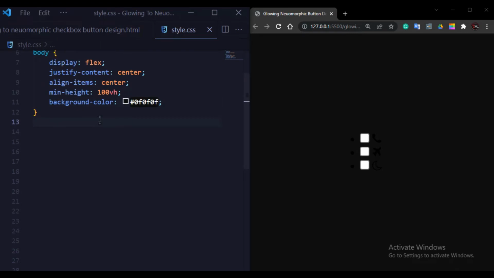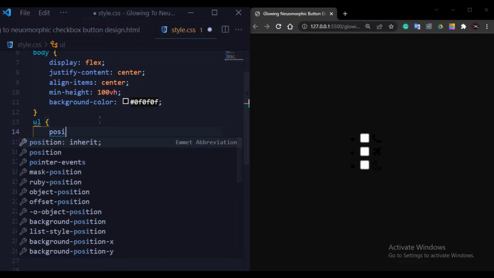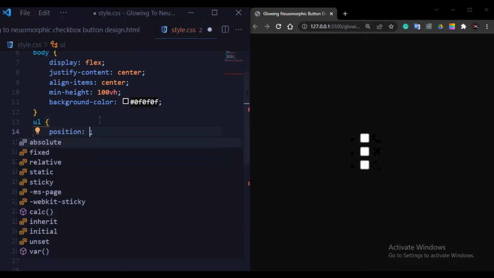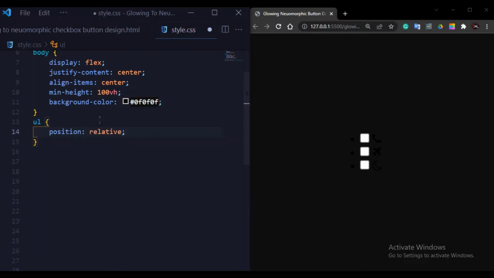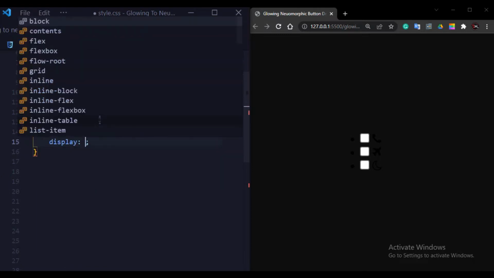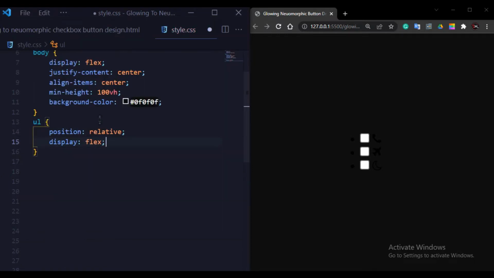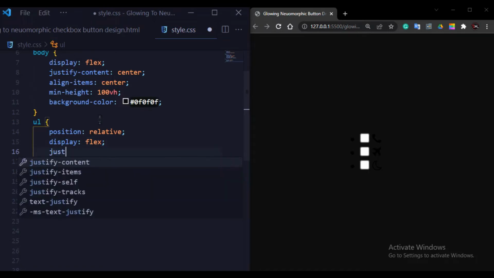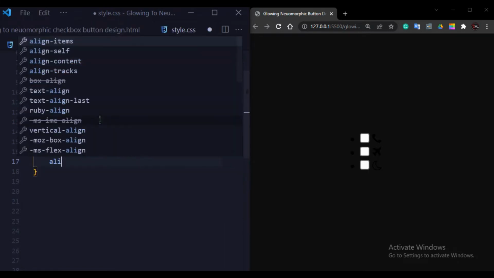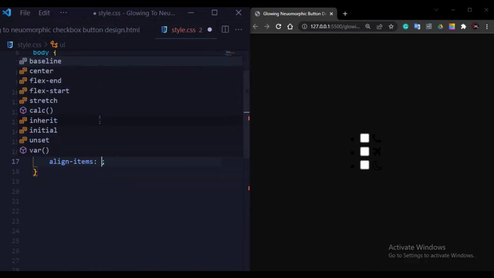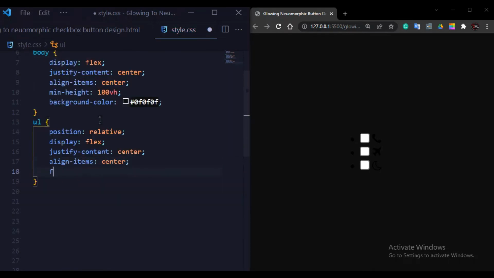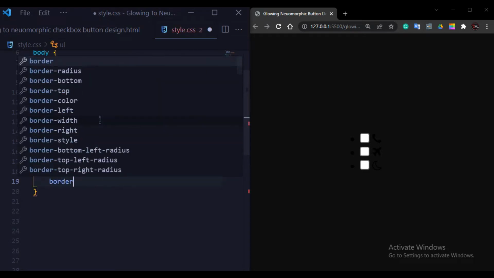And now I will write here ul, and first of all I will change the position to relative. Now I will use the display property and give it value flex, justify content center, align items also the same value center, flex wrap, and now I will change the border radius.